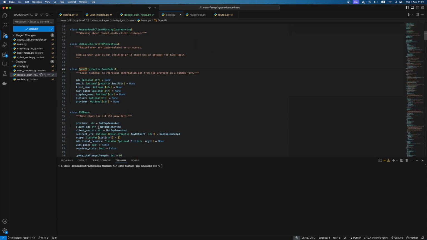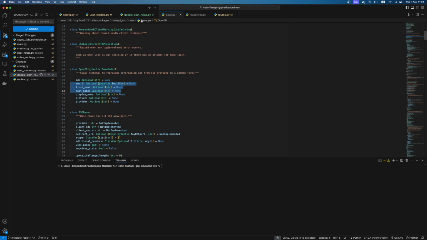OpenID is a Pydantic base model, so you have to be familiar with that. You can see we receive ID, email, first name, last name, display name, picture, and provider. And for that, I need only these three.